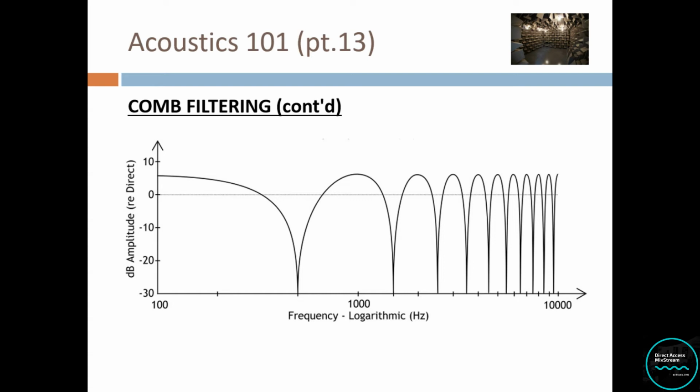So comb filtering is very bad, okay? It's bad because it will make the sound very thin, because all those frequencies get cut off. You get all these kinds of dips inside the frequency. So generally, if you hear comb filtering, that's very bad, right? You hear something that sounds very comb filtered, it sounds very thin, it sounds very hollow, and it sounds like it's got a hole in the whole sound because of all those frequencies that are missing.